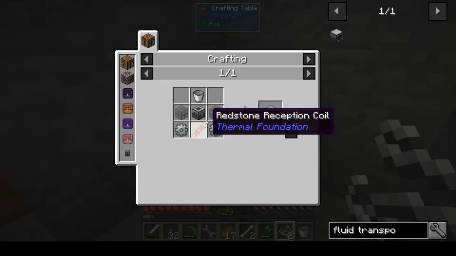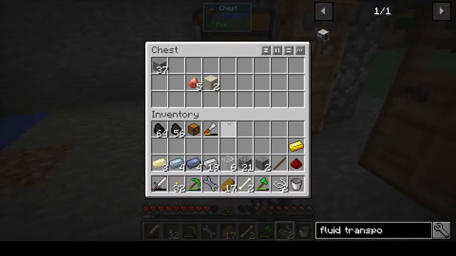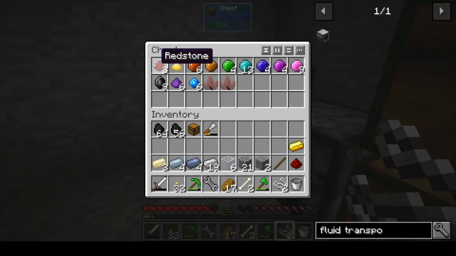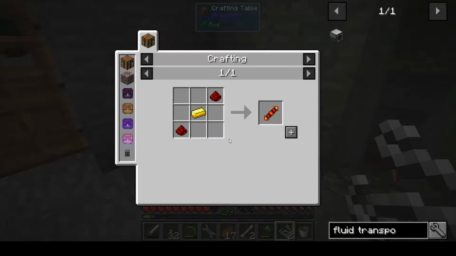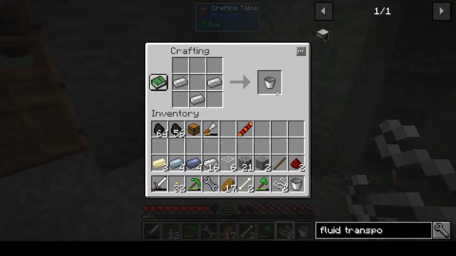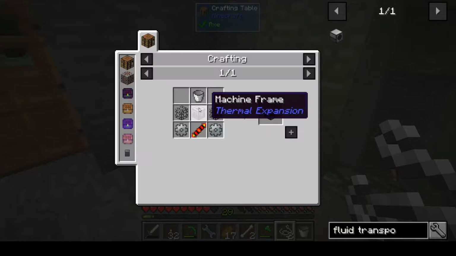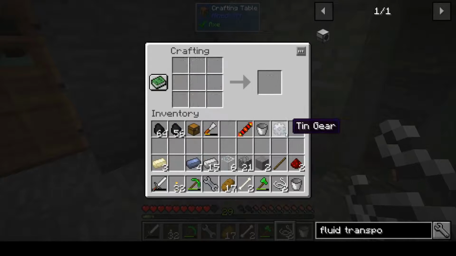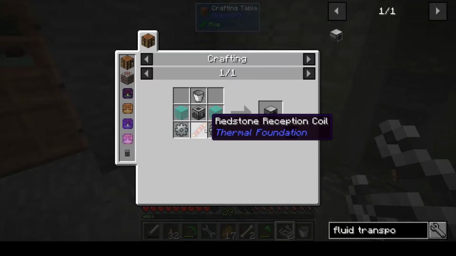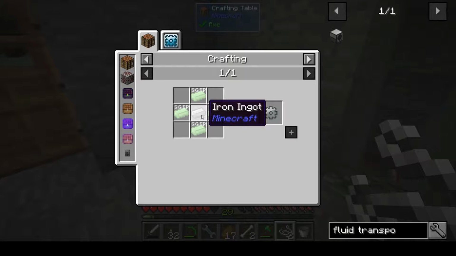So in order to make the fluid transposer, we're going to need a redstone reception coil, and I'm missing redstone. Well, I'm lucky I didn't take everything over. Alright, we're going to need a bucket. This is the fluid transposer, yep. We're going to need a tin gear. We're going to need a machine frame, and as we said before, machine frames are for any block that's going to use RF, so we know this is an RF using device. We need 2 Invar. Oh yes, Invar. Okay. Invar uses...